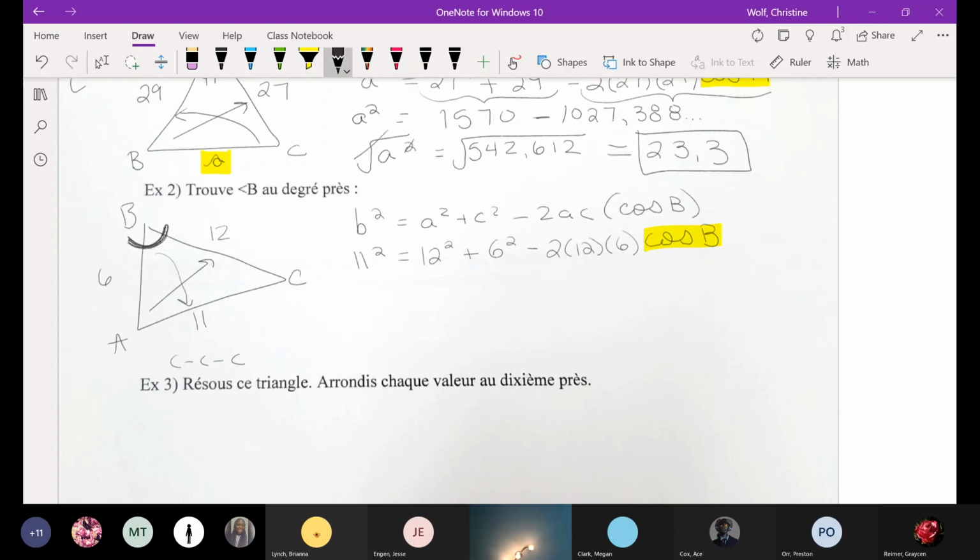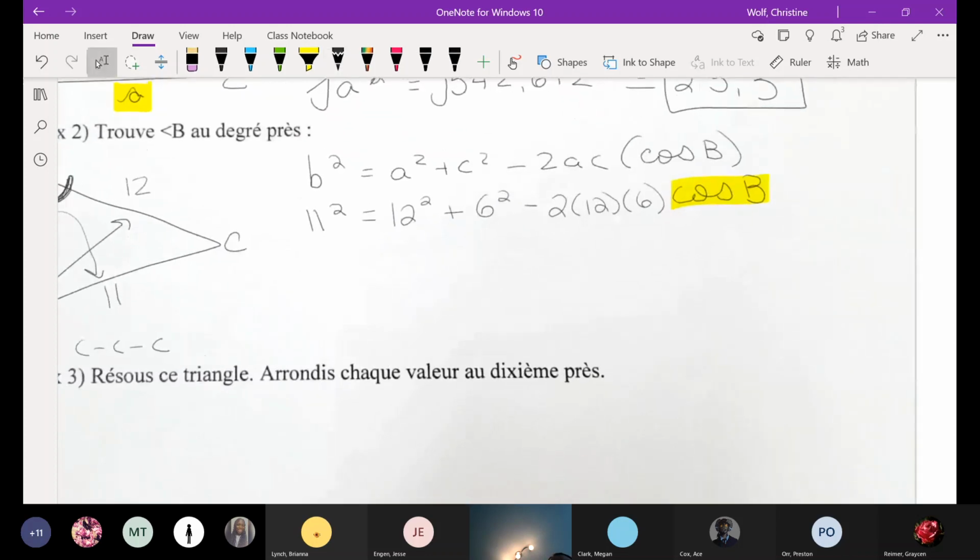OK, so dans ce cas ici, c'est un petit peu différent et ça c'est où les élèves trompent beaucoup. On a besoin de isoler ça. We want to get this to be all by itself to solve for it. So I need to get all of this garbage to the other side so that cos B can be alone. Okay? So, typiquement, ce que je fais, je sais que pour rendre ces deux termes à la gauche, j'ai besoin de faire